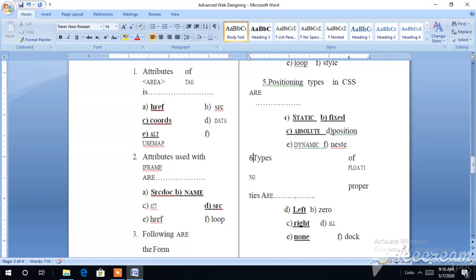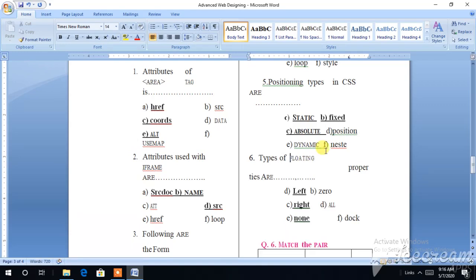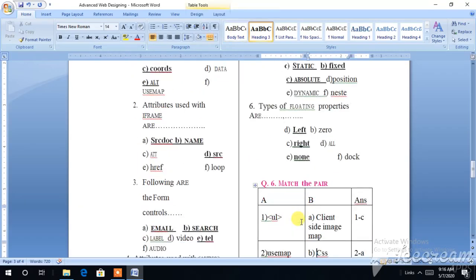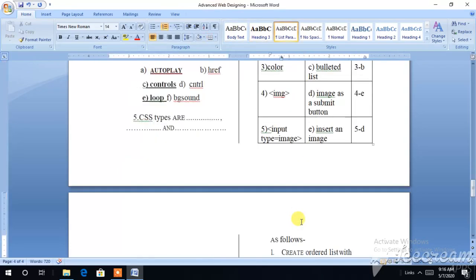The sixth question was this: types of floating properties are left, right and none, as I have told you. Next, the fifth question is D, that is the image with a submit button.